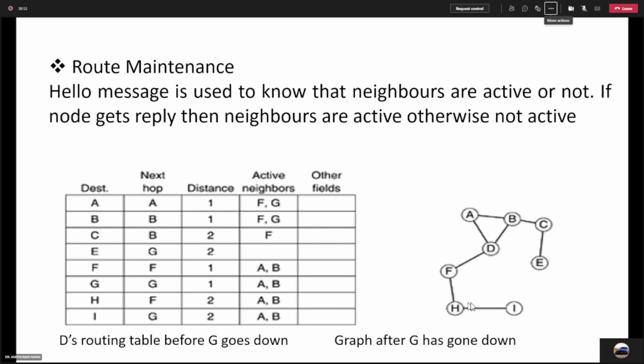A's buffer is full, B's buffer is full, C's buffer is full, A's memory, B's memory, and C's memory are full. So we can say that A is congested, B is congested, C is congested.